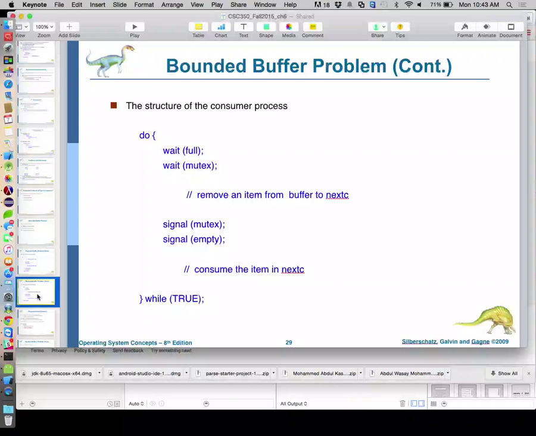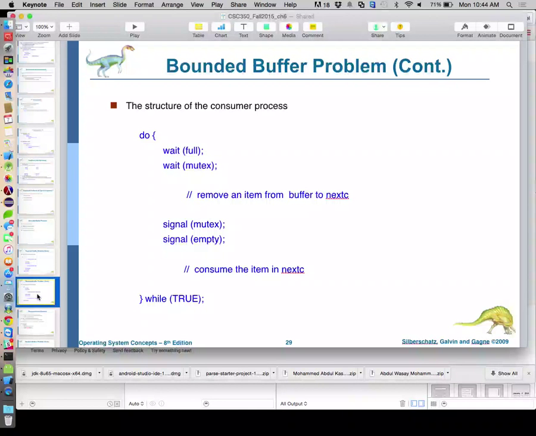Would we ever in this scenario allow somebody to get into the room to consume stuff when there are no elements in our buffers to consume? Can that happen in this scenario?